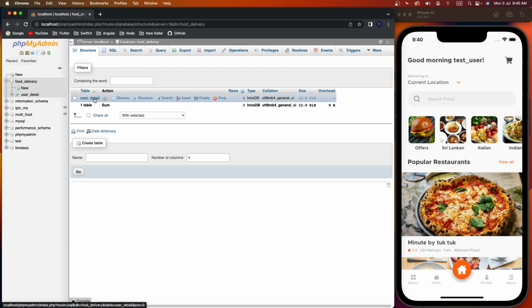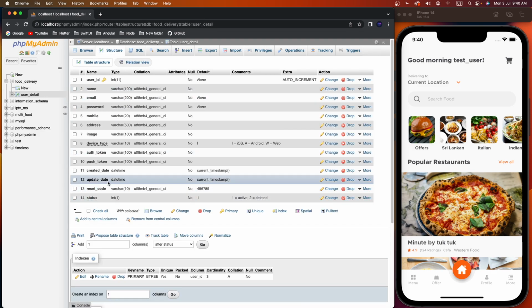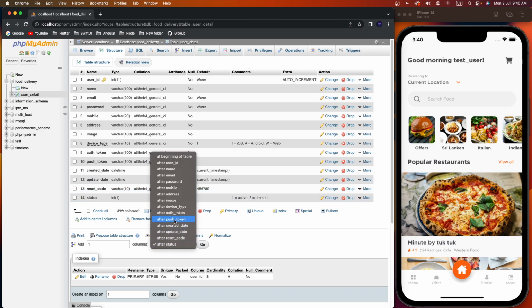First of all, we need to modify this data table. Go to structure and add one more tab for the user type. 1 is equal to user and 3 is equal to admin. In future we need to add a second user type: 2 is equal to restaurant. First of all, we need to add one column. Need to create push tokens